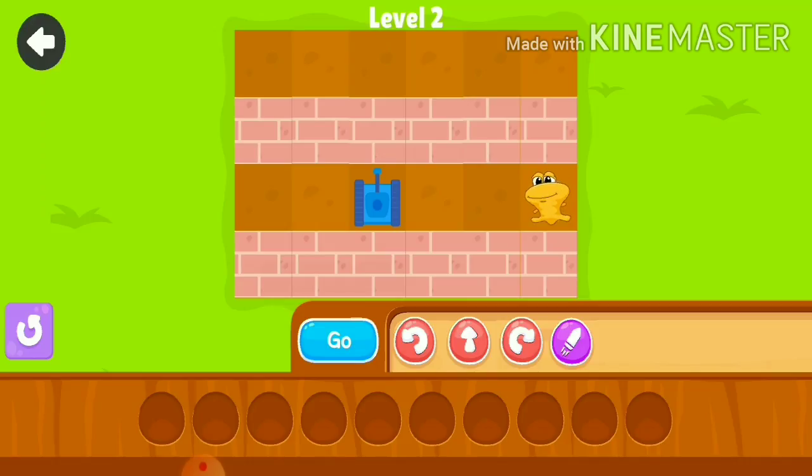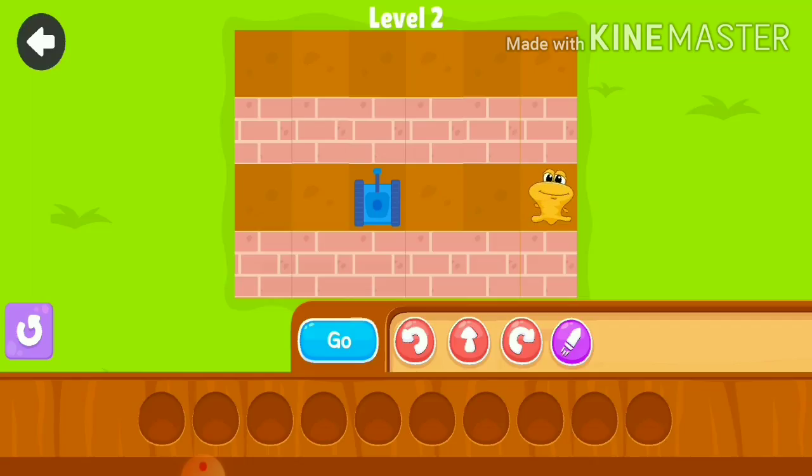Now in the next level you can see that the position of the gun is towards up, and the character is on the right. So we need to turn the tank, and for turning we have one anti-clockwise turn and one clockwise turn.